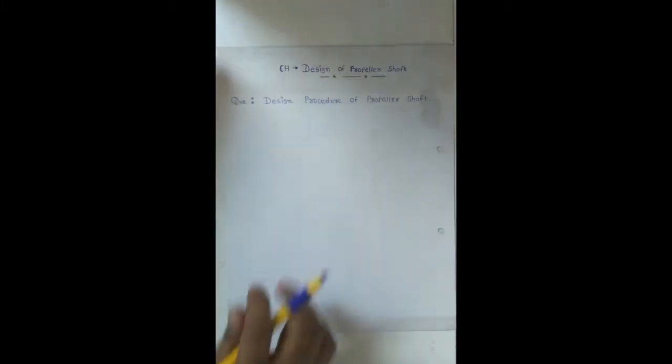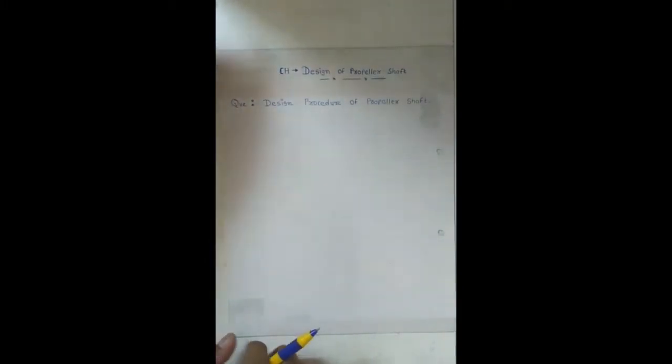So here we have to determine the equation of the propeller shaft. In general, the propeller shaft is a hollow shaft, used in heavy duty buses and trucks. Why are we using a hollow propeller shaft? Because the hollow section helps to reduce the weight. For that purpose, we have to design for a hollow shaft.